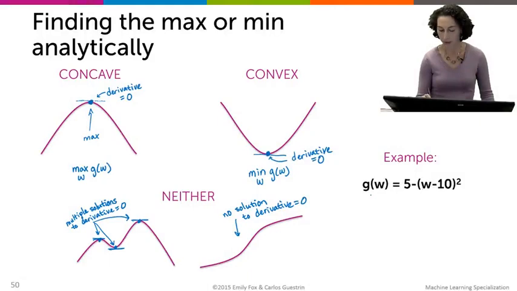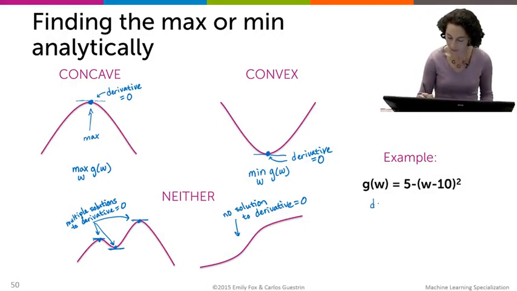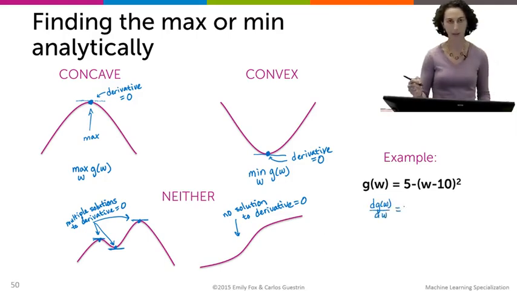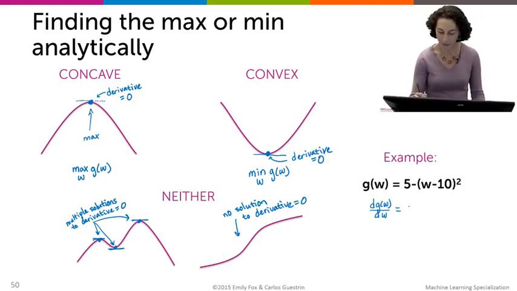So let's just look at a quick little example here. I wrote down a function g of w is 5 minus (w minus 10) squared. Let's take the derivative of this function. We have to go back and remember our calculus, but I promise I'll at least try to keep it simple. So the derivative of 5 with respect to w is 0, and then the derivative of this term here,